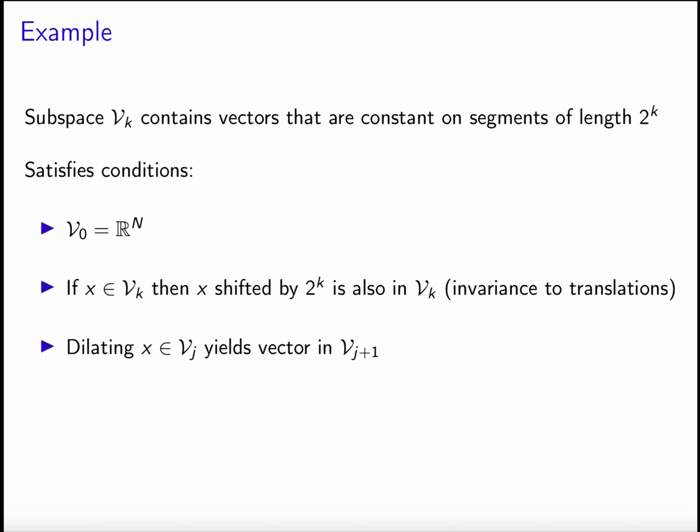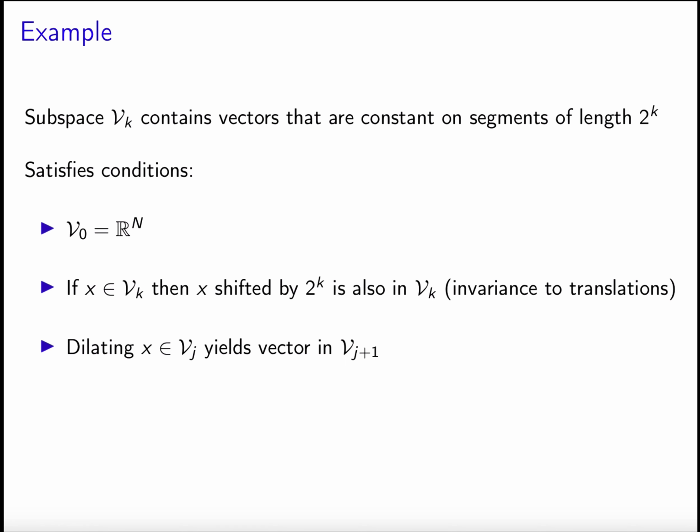We're going to see that it satisfies the conditions. So V0 is just vectors that are constant on segments of length 1, which is very silly, right? Because any arbitrary vector in Rn is constant on intervals of length 1, because the interval is just each entry. Okay, so that's just silly. Of course, V0 is any possible vector. Now, let's think of